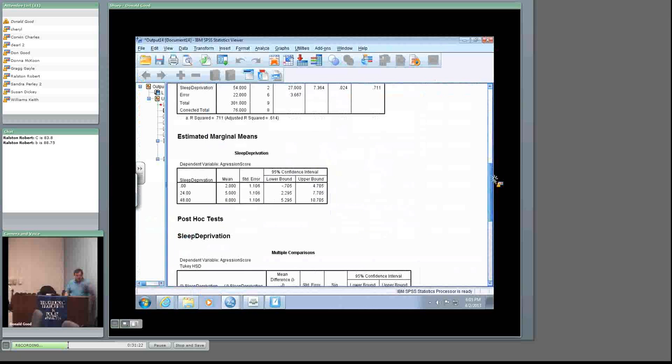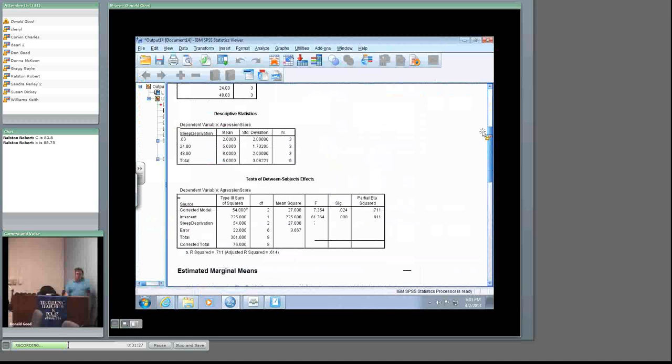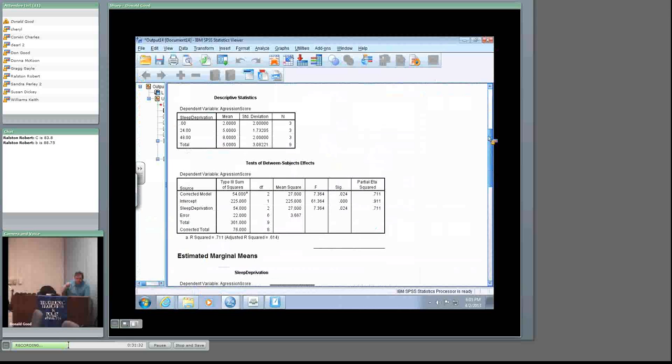Let's see how far I go down there. Okay, let's look at the first part first, as opposed to looking at the last part first, or the first part last. All right. In my descriptive statistics, which I asked for, remember I clicked that box that gives me descriptive statistics? So right here,